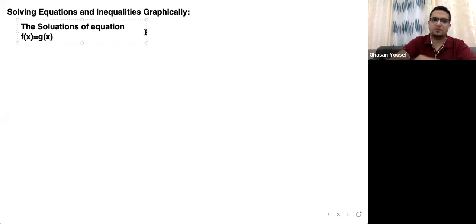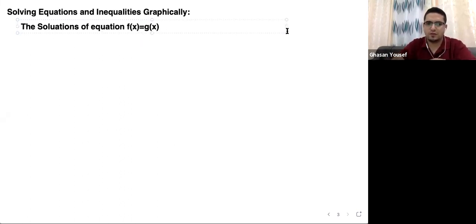If I have the graphs of two functions, the first function is named f of x, and the second graph is g of x. The solutions of the equation f of x equals g of x, where both are equal to each other,